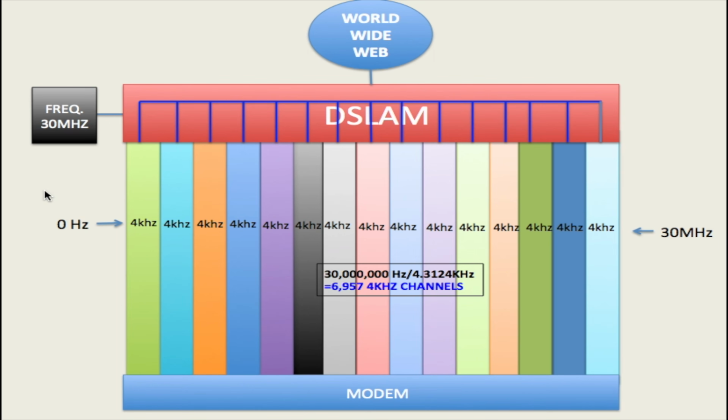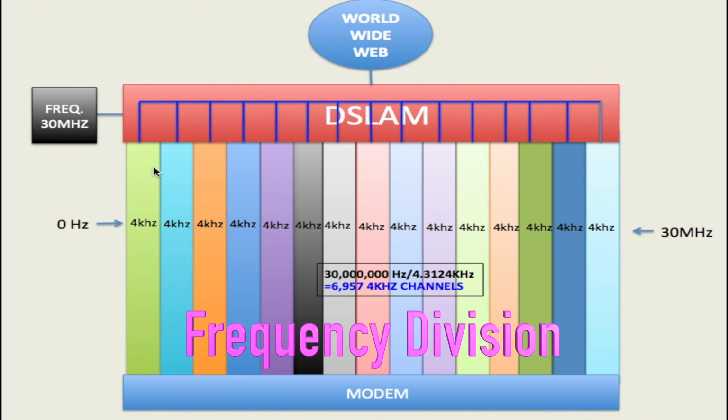I'm using a frequency of 30 megahertz to send from the DSLAM to the modem. But we just can't send 30 megahertz like that along this twisted pair cable. So what we have here is what is taking place within this cable. Let me explain. We're sending a frequency of 30 megahertz from the DSLAM to the modem. We can't send it just as a whole 30 megahertz. We have to break it up. So we break it up into 4 kilohertz sections from 0 hertz all the way up to 30 megahertz. This is 30 million hertz, which is 30 megahertz. I divide that by